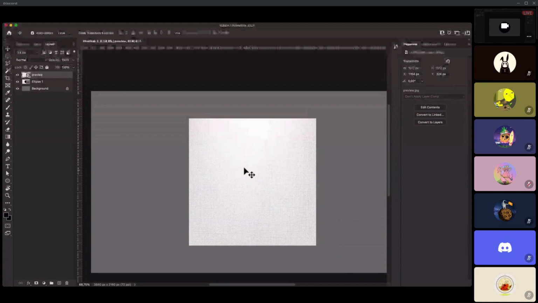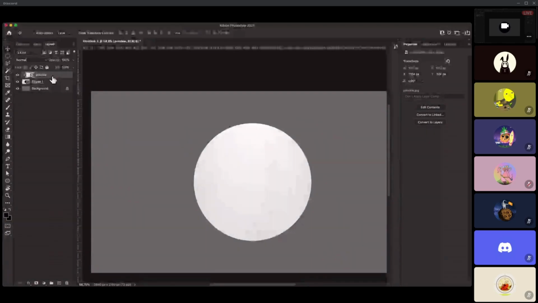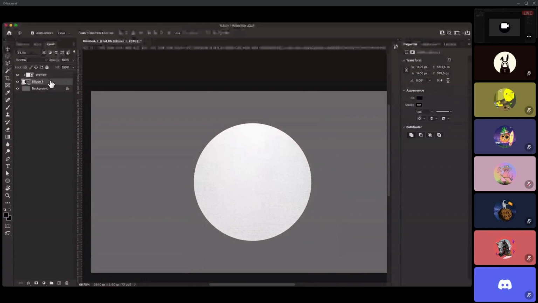But this texture is square. How do I fit it within that circle? So I just click on this and I press Command Option G, and all that texture is simply contained within that circle. This is a thing called masking, and this is a very common technique. That's how we show a certain part of an image, and we also hide a part of the image. So best practice is, anytime you create a mask, always create a group, because anything you place inside the group, at least you know they're contained together. So I select these two layers and I press Command G, and they just simply group up here.